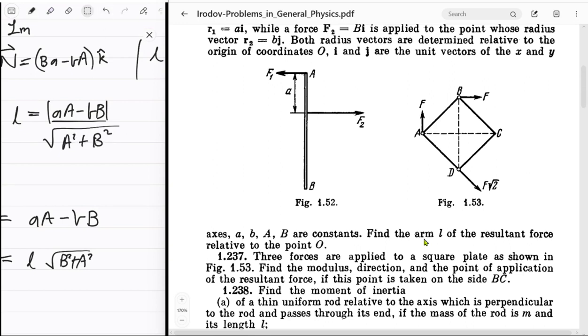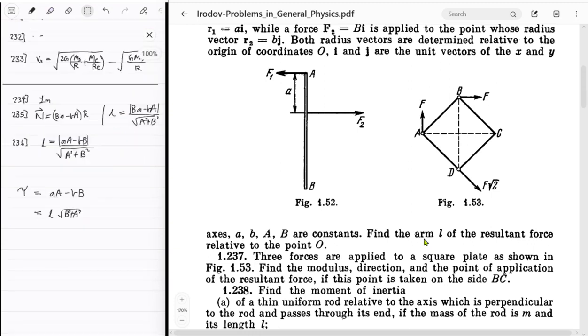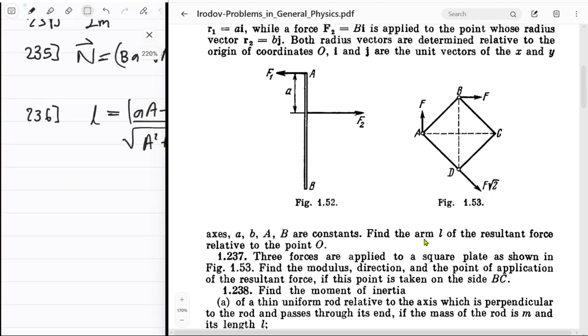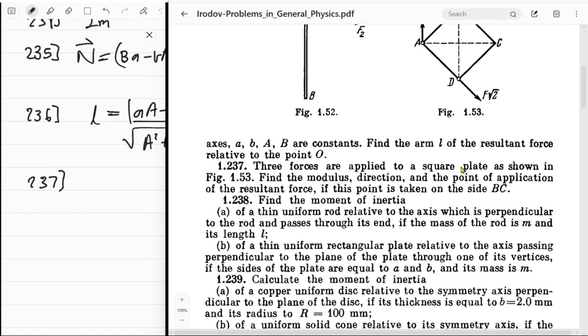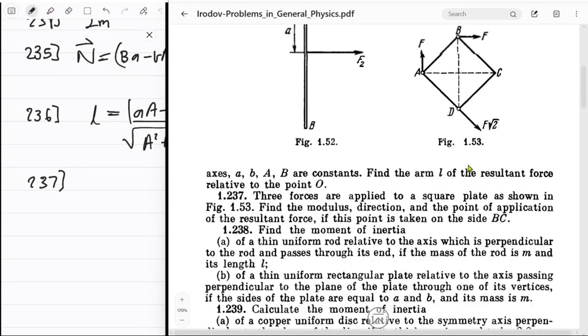Isn't it the same as the last question? It is. The next question, 237. 237 is, okay, the forces are applied to a square plate, figure 1.53. Find the modulus, direction, and point of application of the resultant force if the point is taken